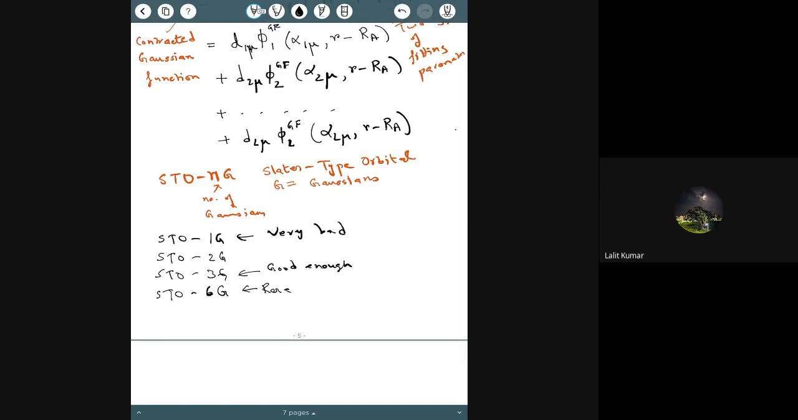So this is the most common, where every Slater type orbital is represented by a linear combination of 3 Gaussian orbitals, which means that there are 6 fitting